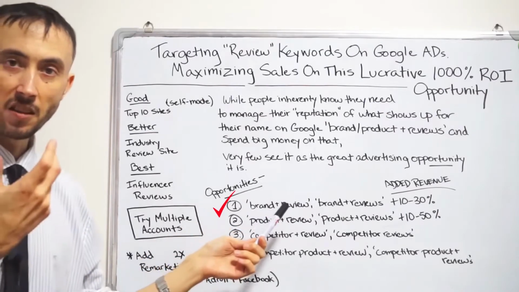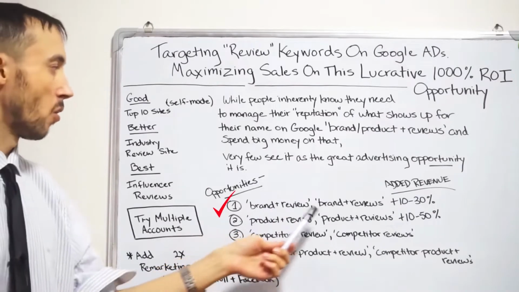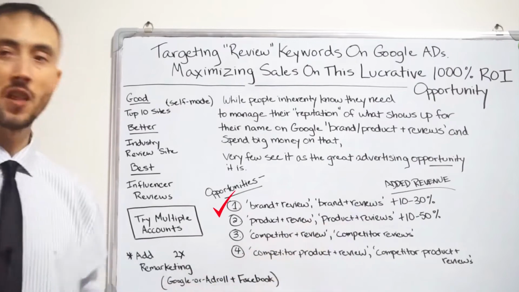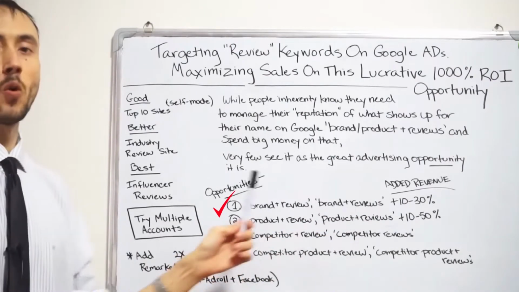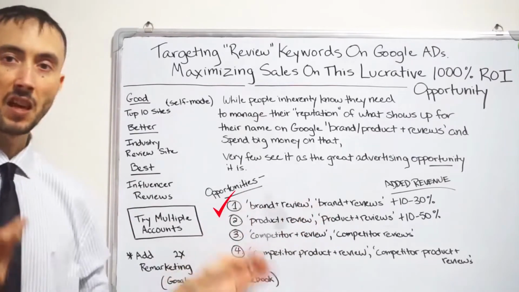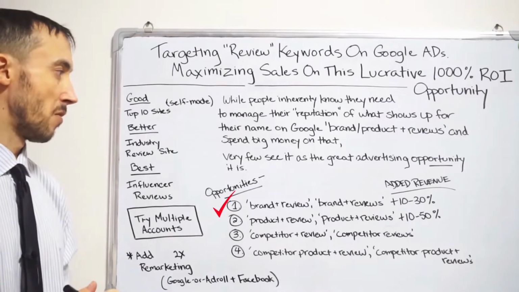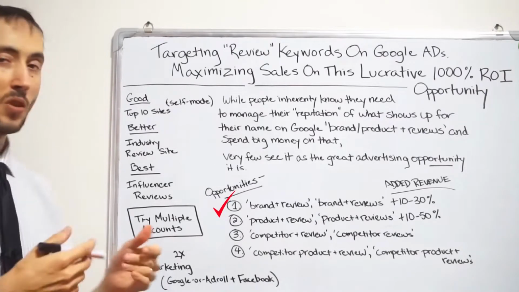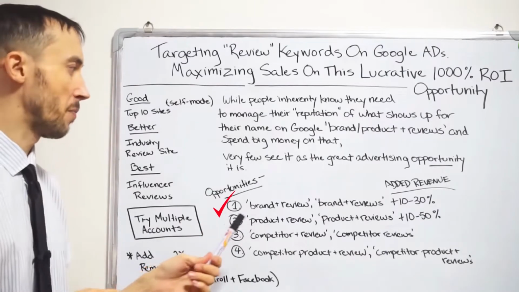So you're bidding on that term on Google so your ad shows up, okay? Or your brand name plus reviews, in other words, plural or with an S at the end. Technically, one keyword would cover both, but respectively, those are the main things, right? That's going to get the most search volume, and respectively can be the biggest opportunity out of these 4 opportunities here.